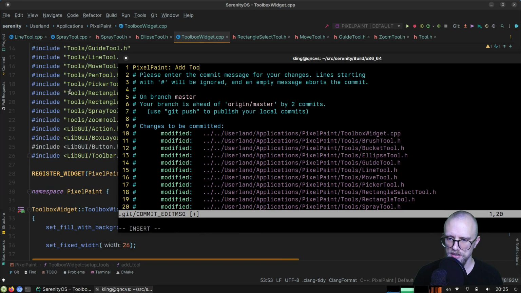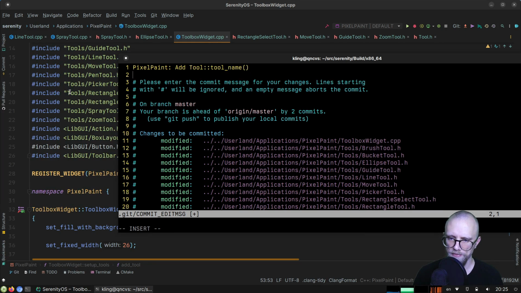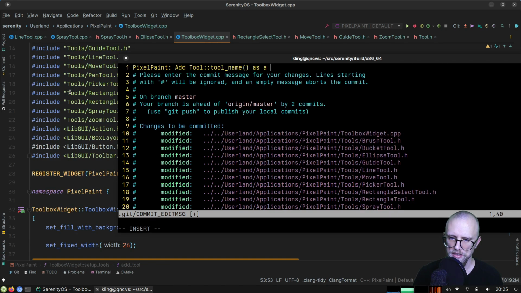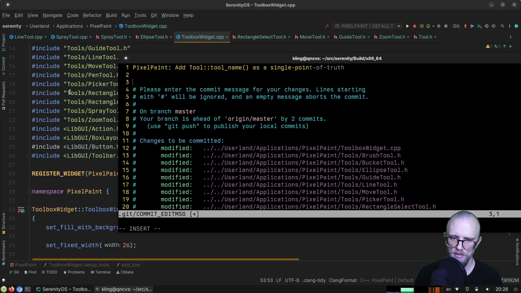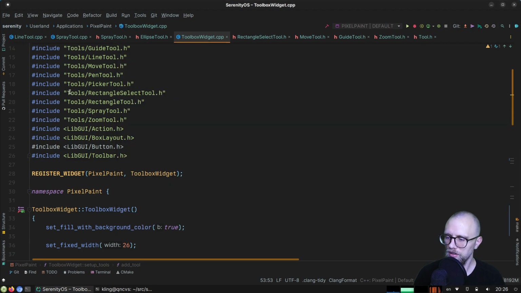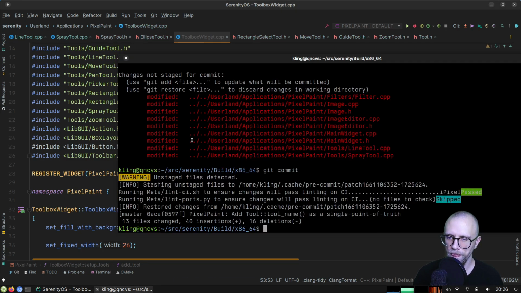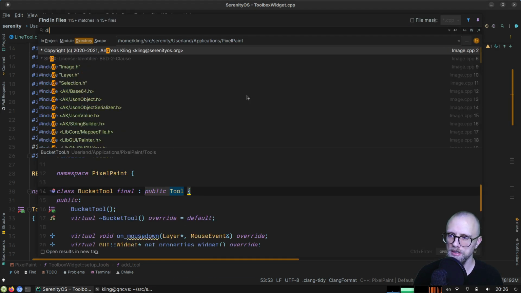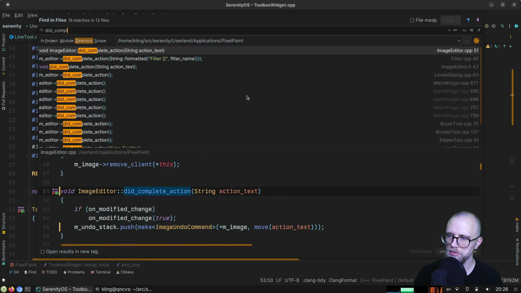Pixel Paint, add tool name as a single point of truth. Yes. Let the tools know what their names are. Okay. Now that we've done that, we can go back to did complete